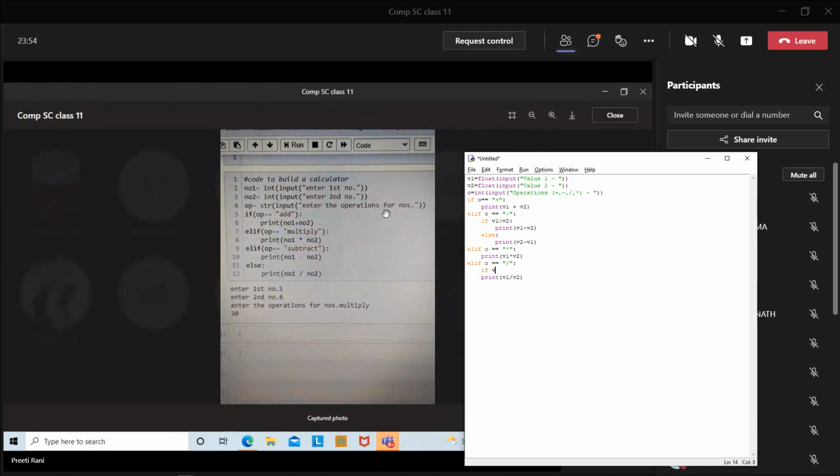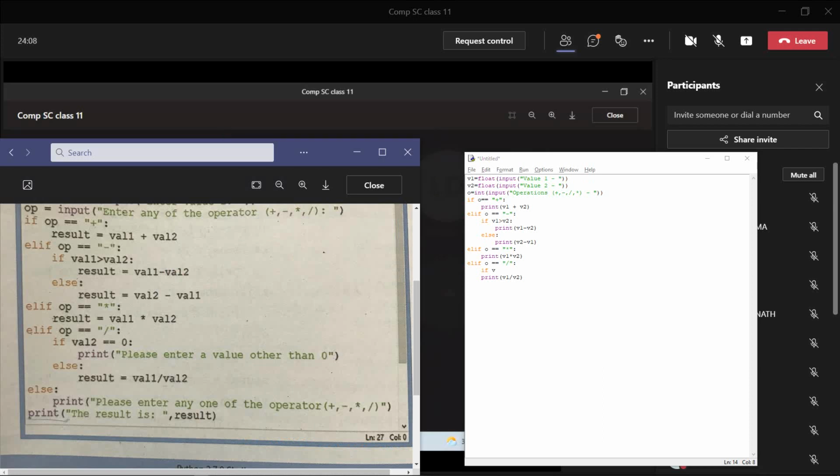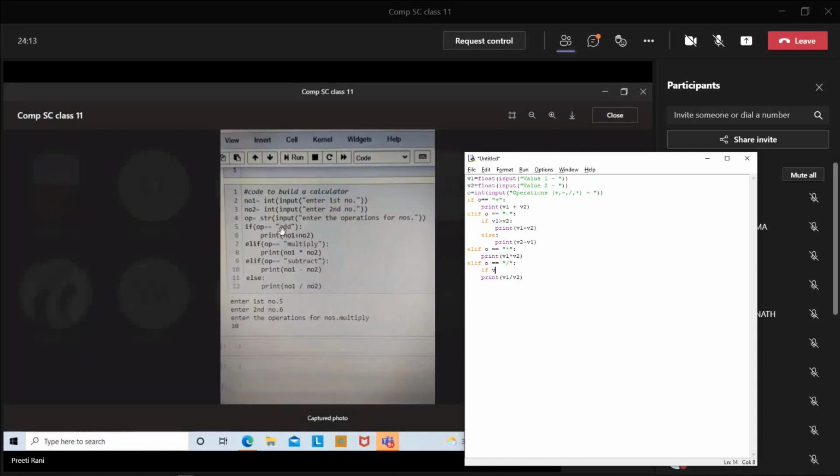After that, we are asking for the operator in OP. If OP equals add, what is the data type of OP? She is taking it as string type. The string type operator she has taken. It means it will accept a string only.